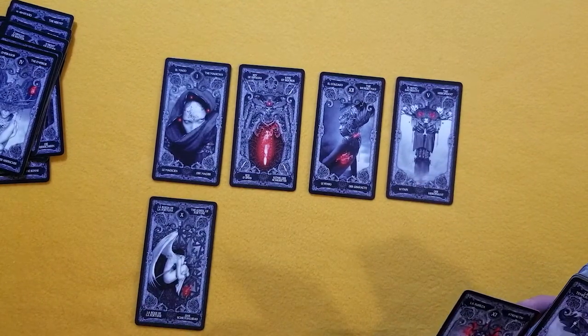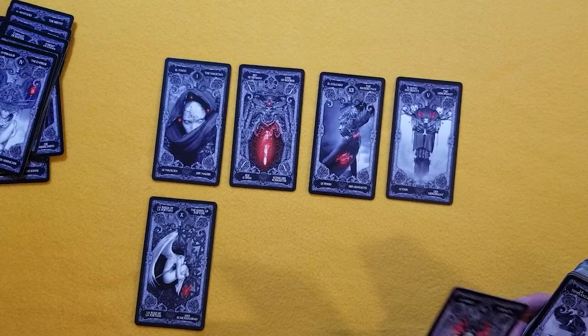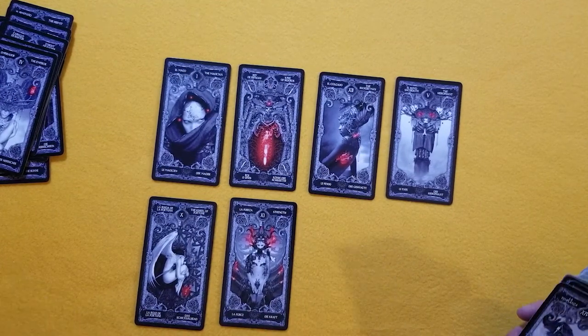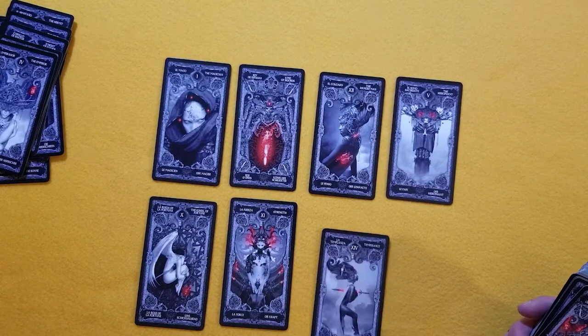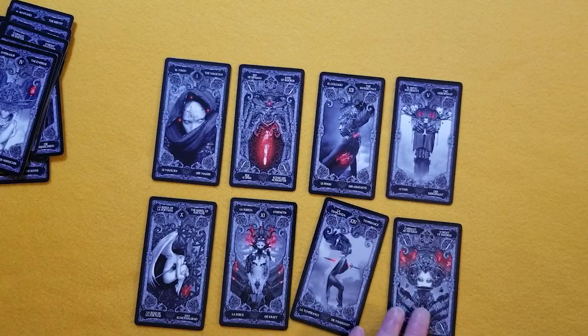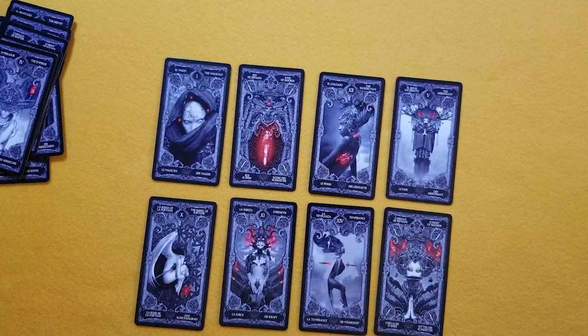You have to think about maybe some note cards or something. Look at that. It's amazing. Temperance is not having a good day. Looks like somebody got her in the solar plexus there. Knight of Swords. And this deck here,